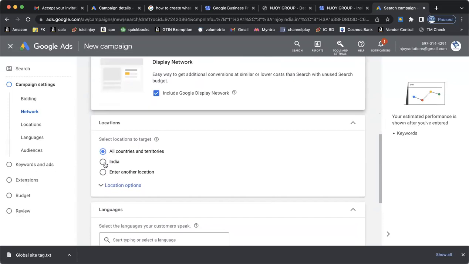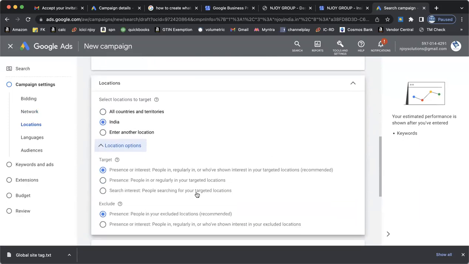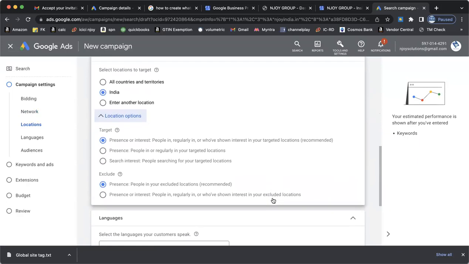द नेक्स्ट थिंग इज लोकेशन वाइज, क्या आप पूरा इंडिया को टारगेट करना चाहेंगे या स्पेसिफिक रीजन को टारगेट करना चाहिए? आपका एड जहां पे भी पूरा इंडिया, कहीं पे भी लोग आपके कीवर्ड्स को यूज करके चेक करके देखेंगे तो आपका एड दिखाना चाहिए तो आप पूरा इंडिया सेलेक्ट कर सकते हैं, नहीं पर्टिकुलर रीजन को सेलेक्ट करना चाहिए तो आप यहाँ पे एंटर अनदर लोकेशन पे क्लिक करके आप स्पेसिफाई कर सकते हैं किस किस रीजन पे आपको एड्स को रन करना चाहिए।